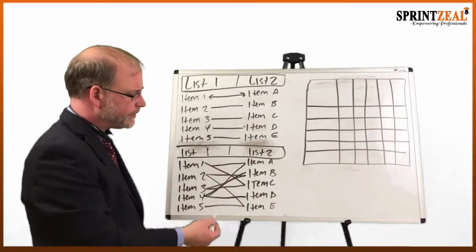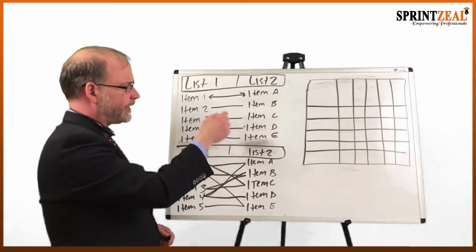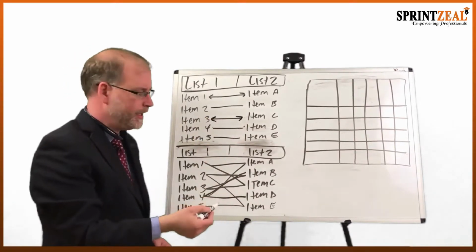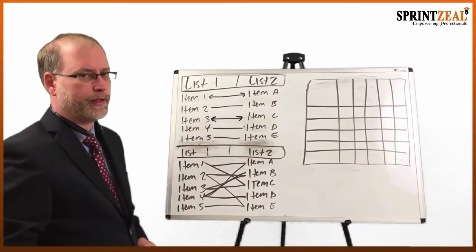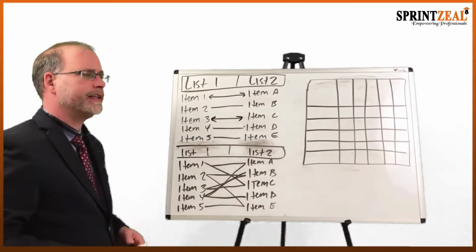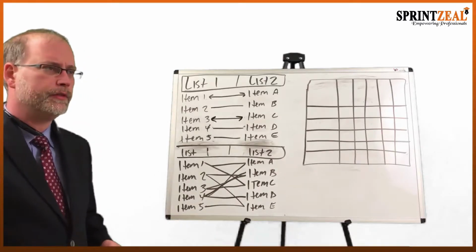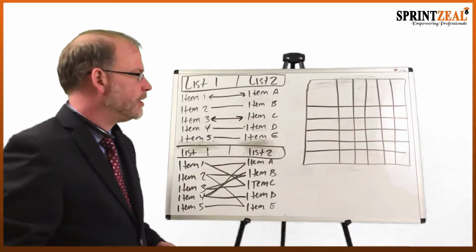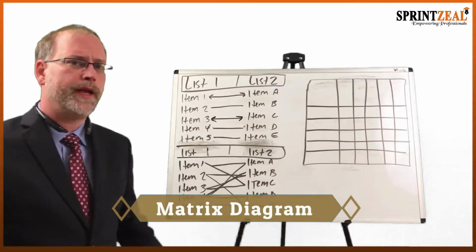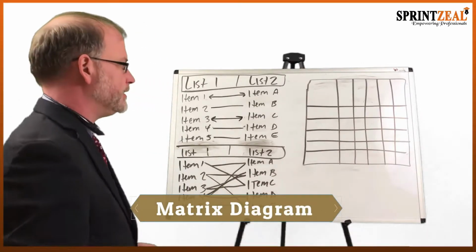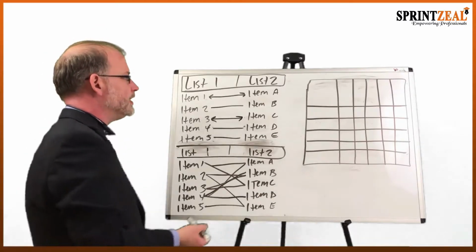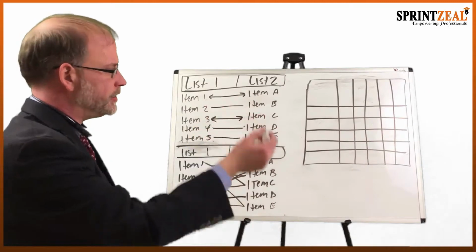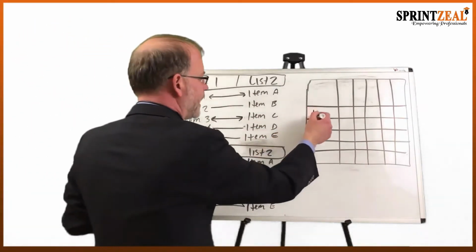And so when we look at something like this, unlike this, where it's really easy to see the direction of that relationship, here we really can't notice that relationship. And so we have to find an easier way to be able to categorize the data to see its relationships. So with this, we can build something called a matrix diagram. And it's really easy. So we're going to have our list 1 on this axis and our list 2 on the top. So here we have our item 1,